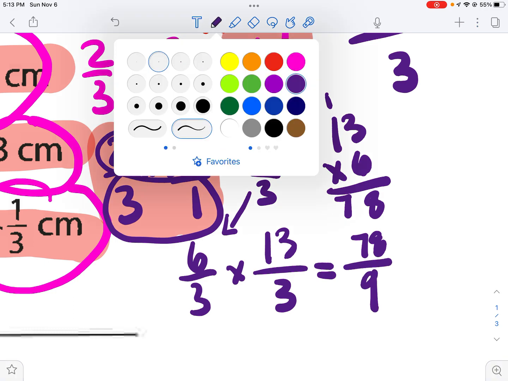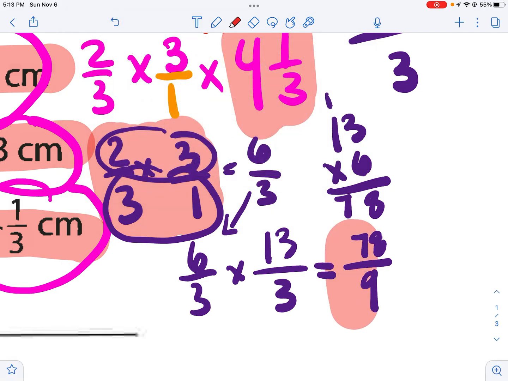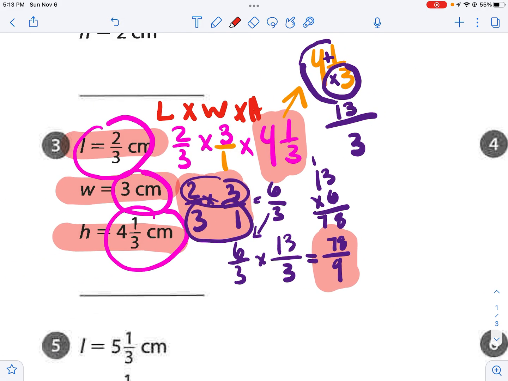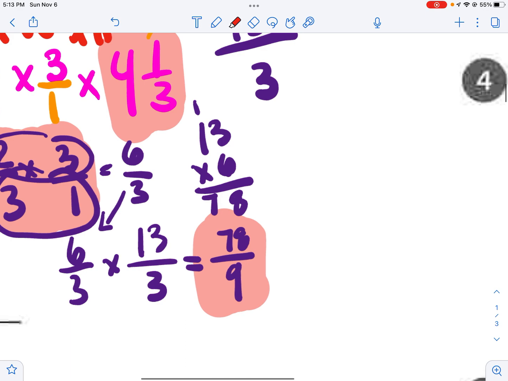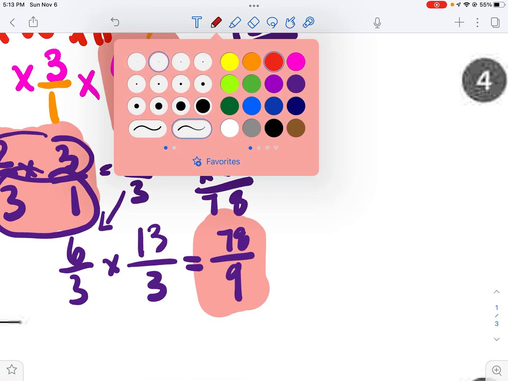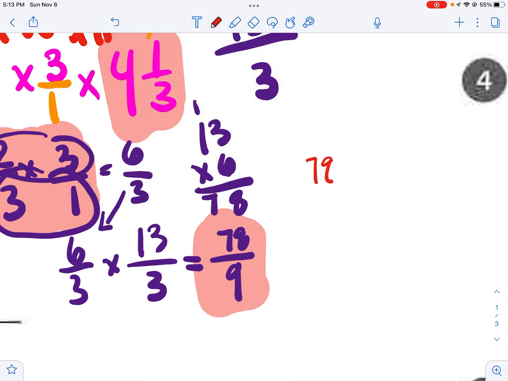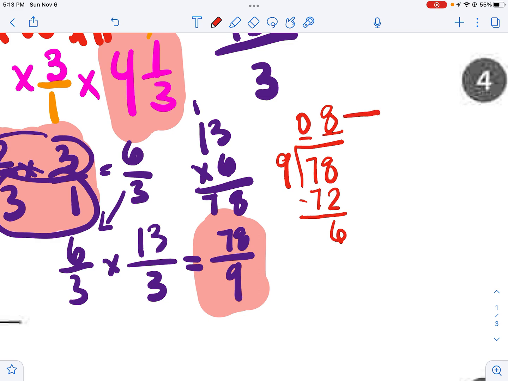Okay, I know that I cannot leave it as 78 over 9 because that's an improper fraction. So I'm going to divide to turn it into a mixed number. 78 goes in the box, 9 on the outside. I know that 9 cannot fit into 7, so I'm going to put a 0. 9 can fit into 78 8 times. 9 times 8 is 72. Subtract, and I have a 6. Turn it into a fraction,